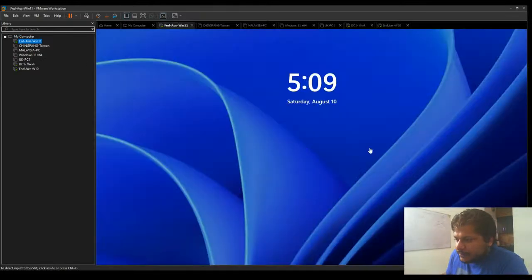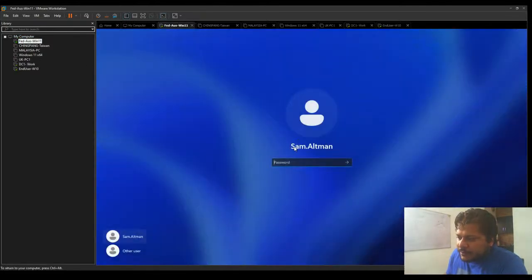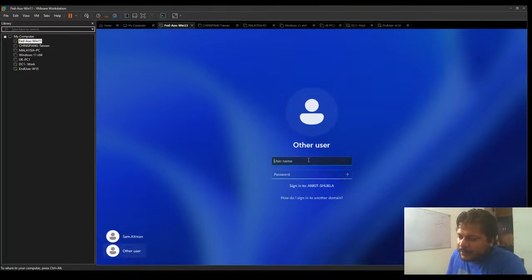Now I'll go back to this client machine over here. As you can see, it's showing a local user account over here, because it's now joined to a domain. Click on Other user. At the bottom, right below the password section, the credential shows me the domain. I'm going to log into the domain through this domain-joined PC with a domain user account.